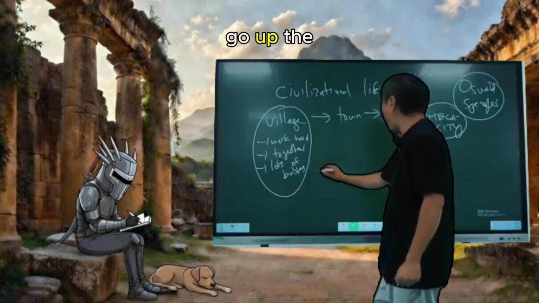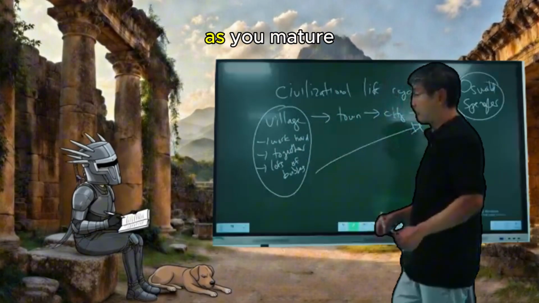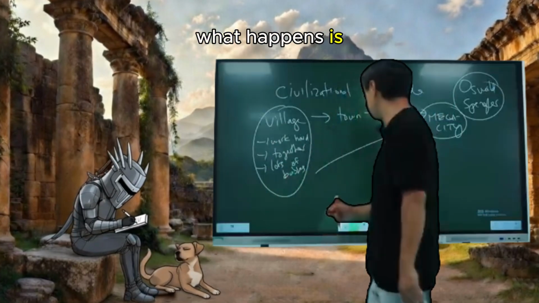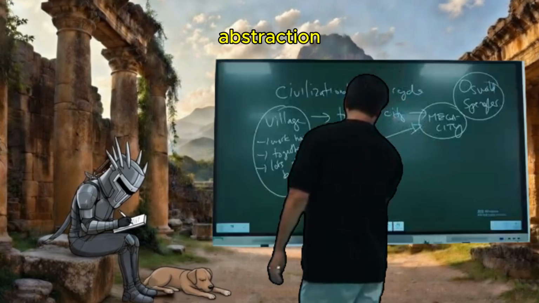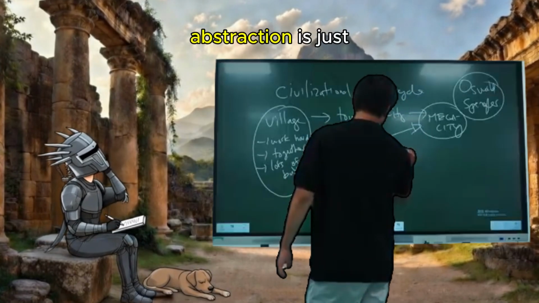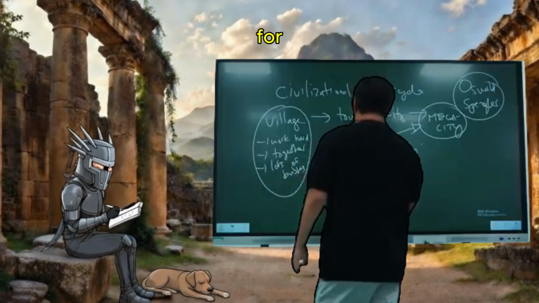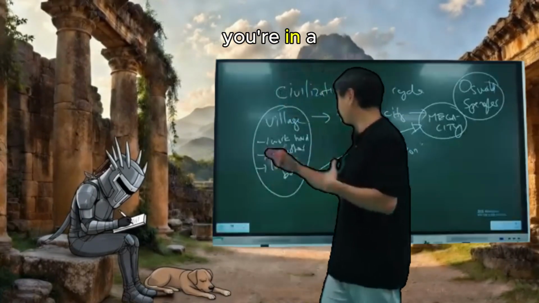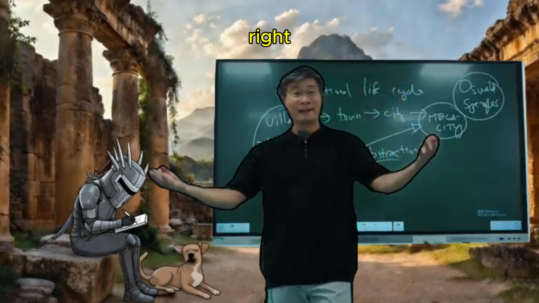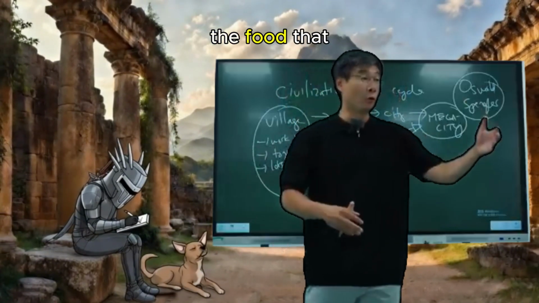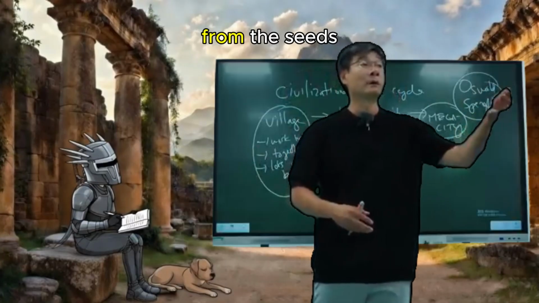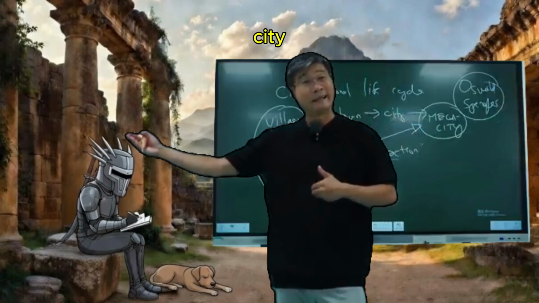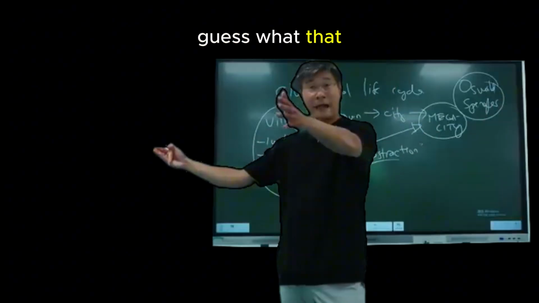But as you go up the civilization ladder, as you mature as a civilization, what happens is you have increased abstraction. Abstraction is just a fancy word for you're removed from reality. Okay? So when you're in a village, you understand everything, right? You understand, oh, the food that I eat comes from the seeds I implant, right? But when you're in a city, guess what? Those drinks you're drinking